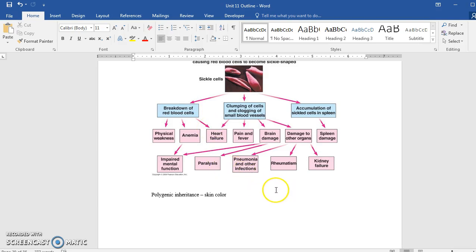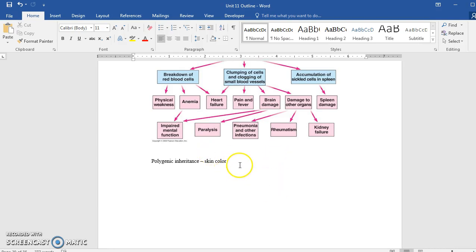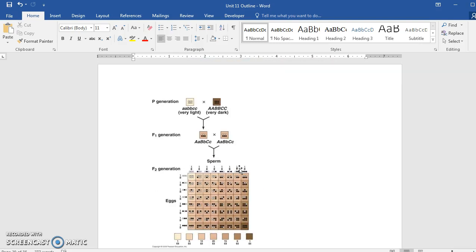Then there are polygenic inheritance considerations. This is where more than one gene codes for a given character. So far we've looked at 2 alleles, where with polygenic inheritance there can be multiple alleles, more than 2, maybe 3, 4, or more. This is seen with skin color and eye color. And they're showing 3 different alleles. And they're showing the recessive being very light, the dominant being very dark, and then across the